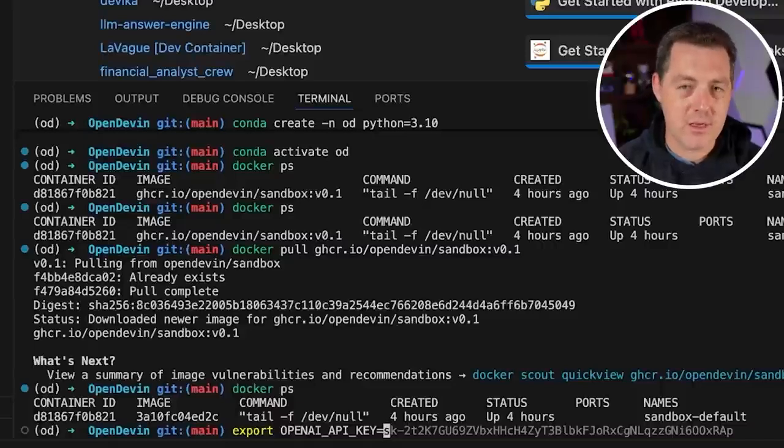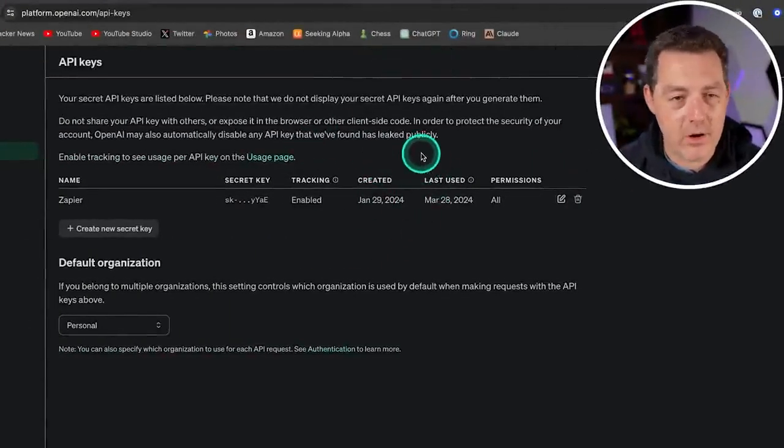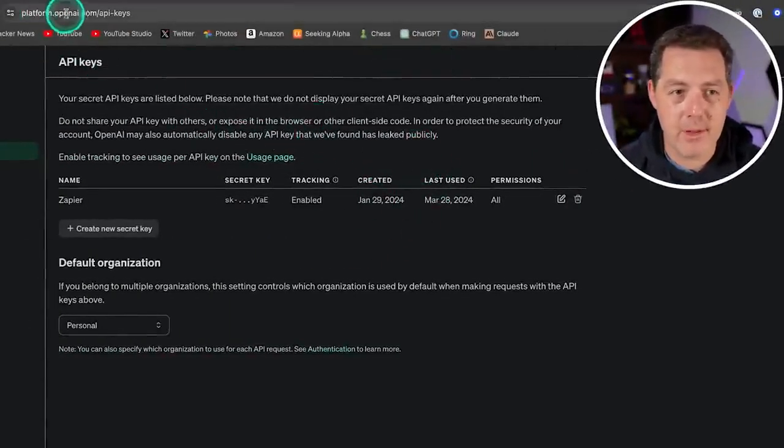Okay, next we need to export our OpenAI API key. So to start, we're going to use OpenAI, but I'll show you how to set up a local model towards the end of the video. So if you don't already have an OpenAI account, go ahead and sign up. You need a developer account,